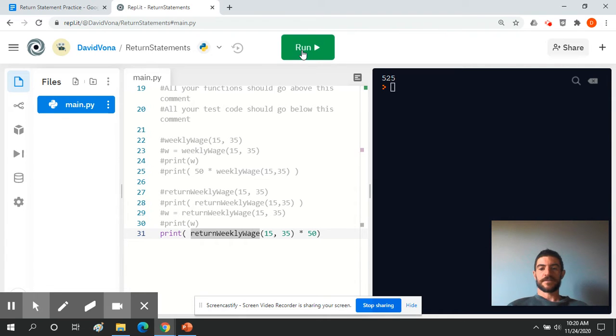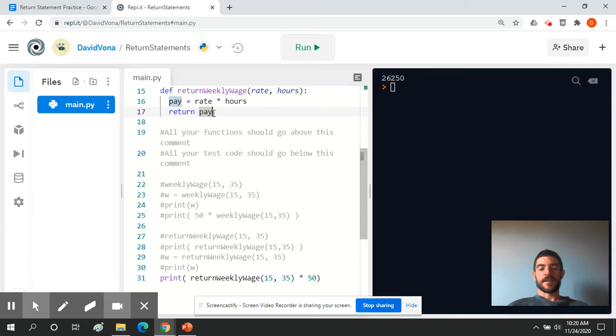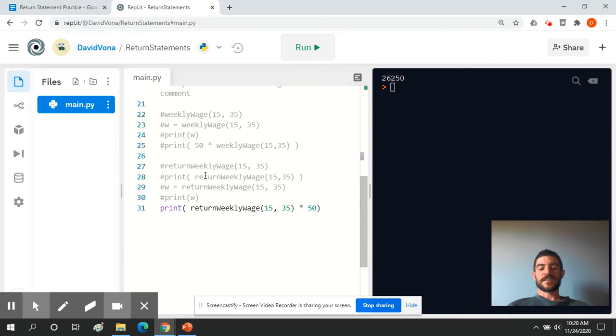And let's see what happens. All right, it does. I get the result 26,250 because, again, with the return statement, that number is getting sent back, and that number gets plugged in for the function call. So now it's 525 times 50,